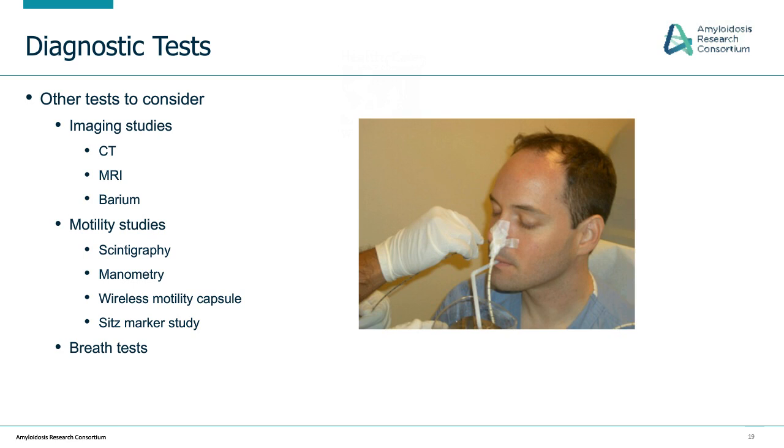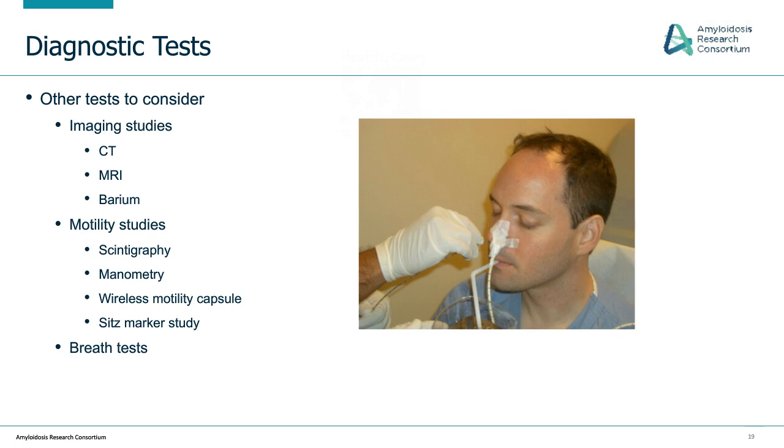We could pursue imaging studies, which can include CAT scans and MRIs and barium studies. And what those are looking at is to look at gut muscle thickness. And so if we're looking to see is there amyloid present within the wall of the gut, these can be tests that can give information to help guide that, as well as to look at